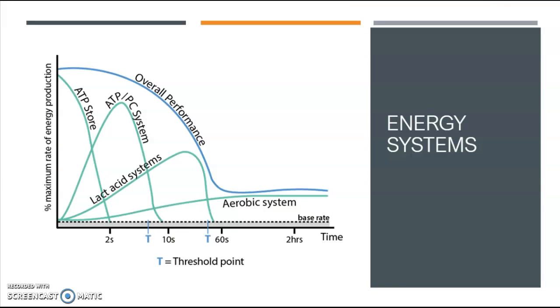Now on to energy systems. So this is the role of ATP in muscle contraction and resynthesis. ATP is a chemical energy store which produces energy. It provides energy to drive many processes in living cells and is mainly produced by mitochondria, which use oxygen from aerobic respiration to produce this store. The scientific name for ATP is adenosine triphosphate, and it